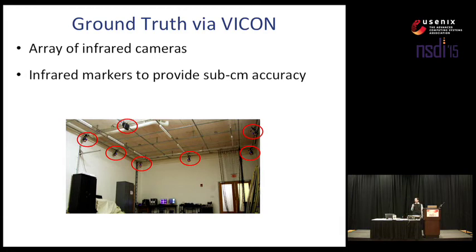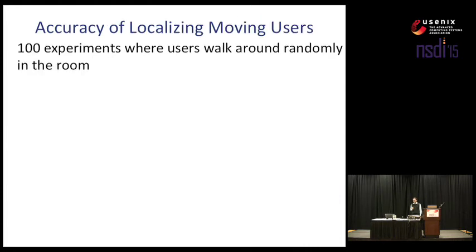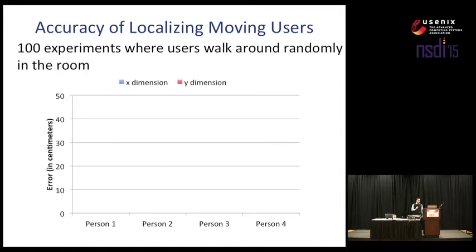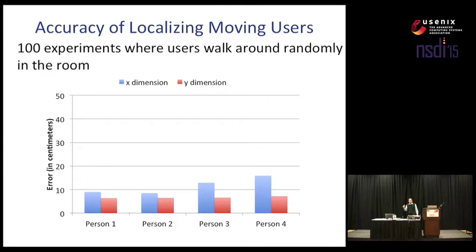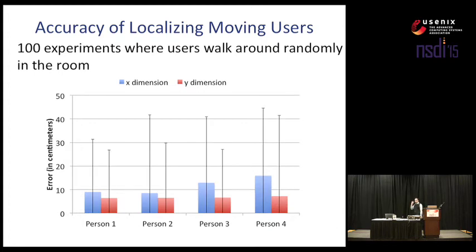First, let me show you our accuracy in localizing multiple people. We run 100 experiments where people are asked to walk randomly in a room, and we plot the error as a function of the different users. And these are our results. As you can see, the median accuracy is less than 15 centimeters in each of the dimensions for all of the users. In fact, even our 90th percentile accuracy is lower than 50 centimeters. To give you a comparison, this is of the same order of the accuracy that you'll get if you ask users to hold a device or wear it on their bodies.